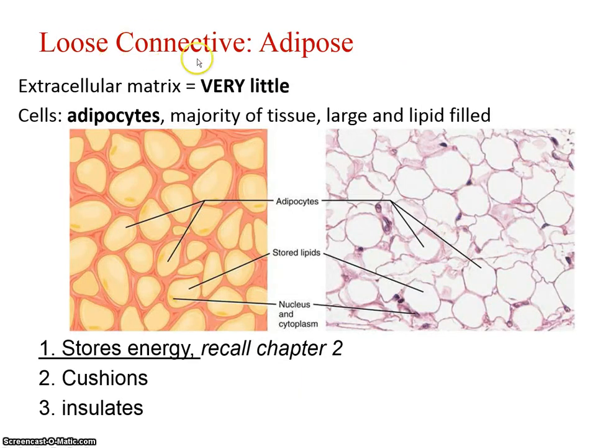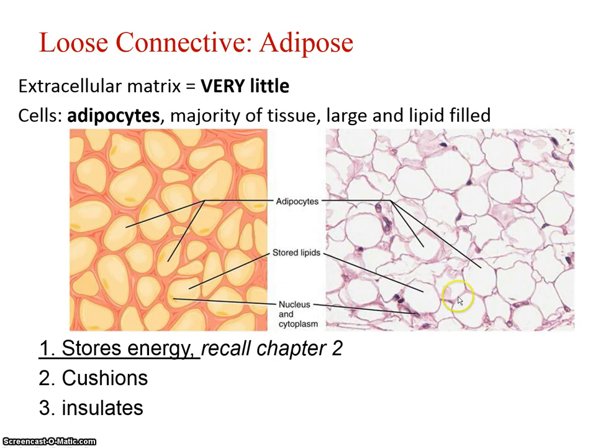So another loose connective tissue is the adipose. The extracellular matrix, there isn't much in this one, so this is an exception. The cells are called adipocytes, also an exception, not fibroblasts, and they are filled with lipid. So here you've got a lot of blood vessels in here. These big cells here and here are adipocytes, and the blood vessels are made from simple squamous kind